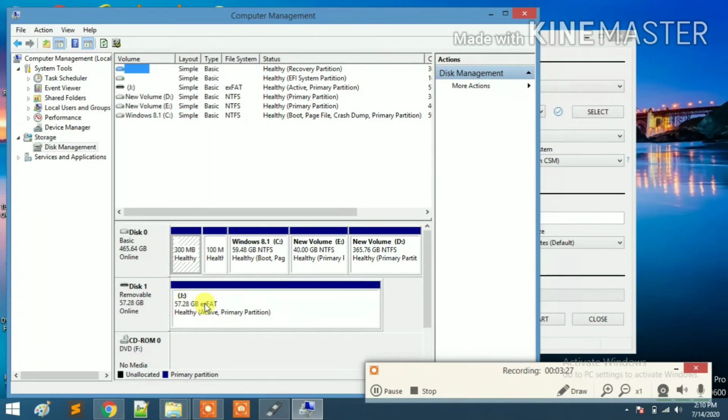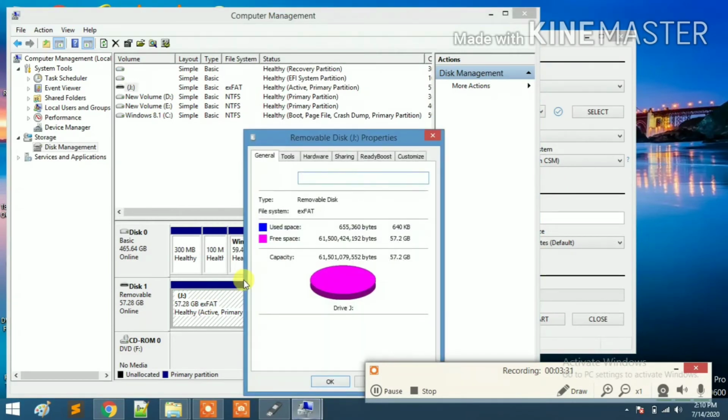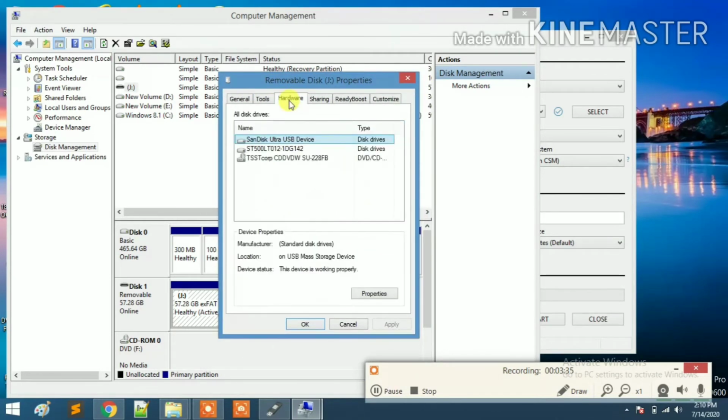Right click on that, click on Properties and now click on Hardware. Here you can see the name, this is my pen drive name, SanDisk Ultra USB device. When you click on Properties,